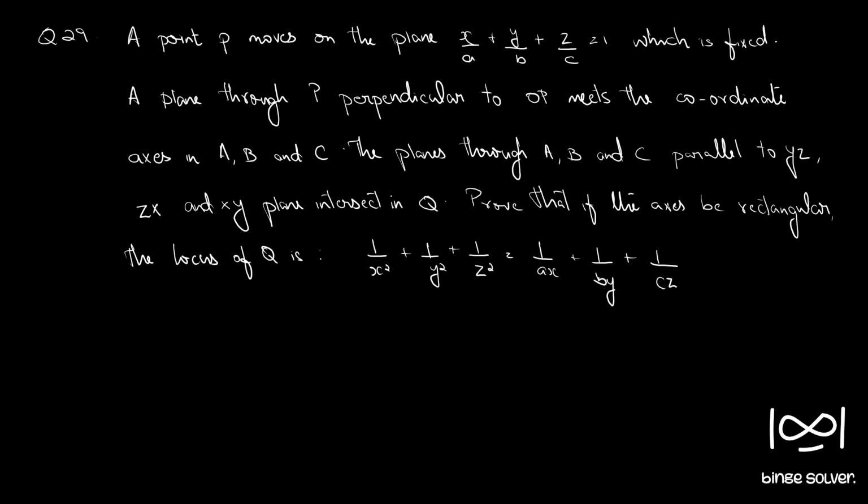Pretty long question. Okay. Now we have a plane x by a plus y by b plus z by c equal to 1, which is fixed. That means this a, b, c are fixed points. So now let's assume